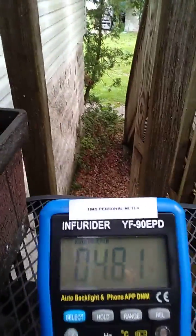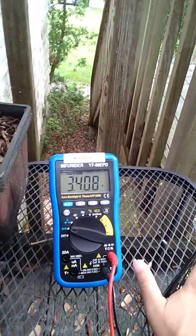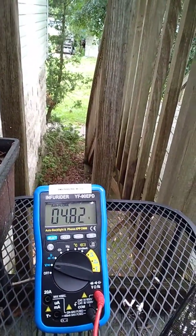Hey everyone, so I'm going to be doing a quick video using a solar panel and recording voltage. So as you can see, I have my meter here and I'm reading 4.81 volts and it's connected to my solar panel. And so as you can see, when I cover up the solar panel, you see that the voltage drops down. So it's reading at 4.8 volts on the meter, and so it's